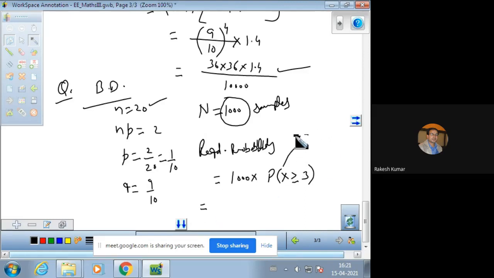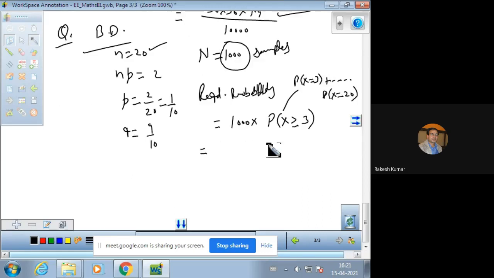Probability x greater than or equal to 3 mean x equal to 3 से लेकर के x equal to 20 तक. तो यहाँ पर बहुत सारी प्रोबेबिलिटीज हमें कैलकुलेट करनी पड़ेंगी 3 से लेकर के 20 तक. लेकिन उससे अलावा हमारे पास एक और तरीका है कि हम लोग कॉम्प्लीमेंट रूल लगा दें. और कॉम्प्लीमेंट रूल ये कहता है कि मैक्सिमम 3 डिफेक्टिव हैं. तो ऑन द कॉन्ट्रेरी ऑफ दिस यू कैन use the complement law. Total probability is 1, and from 1 you can find out probability x is less than or equal to 2.